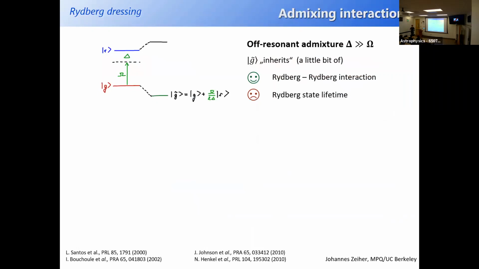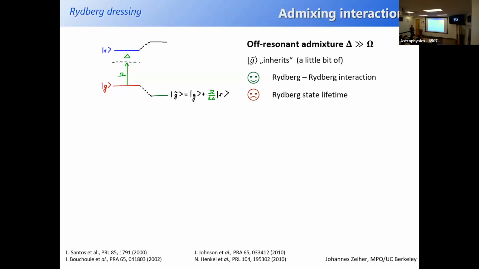You just take your ground state and your Rydberg state, and rather than resonantly exciting the Rydberg state, you only admix the Rydberg state. So you do a detuned excitation. And in this case, you can actually just focus on this ground state. You get a new ground state that is basically the old ground state with a little bit of the mixture of the Rydberg state. This little bit of the mixture means that there's some of the Rydberg interaction also for this ground state,